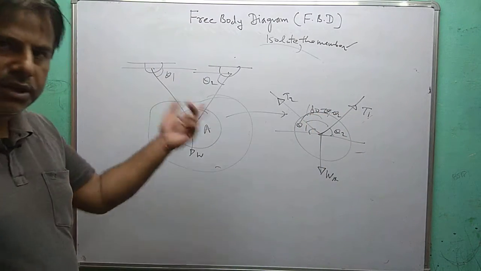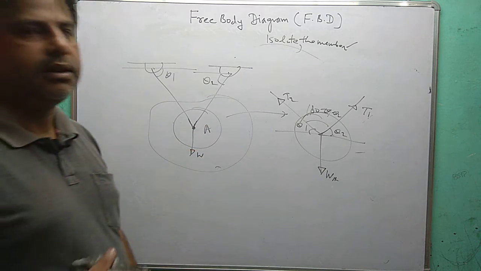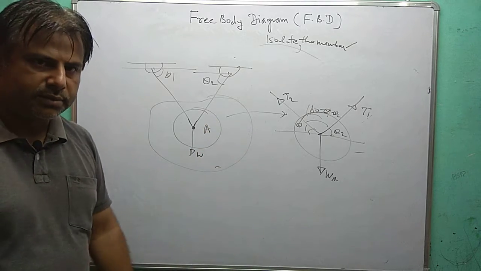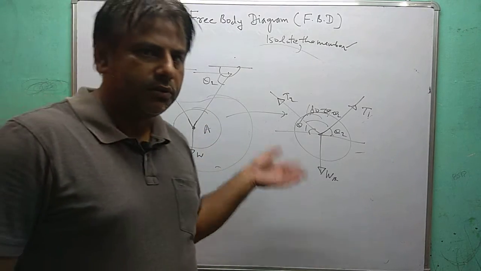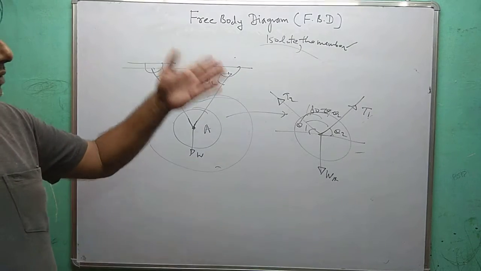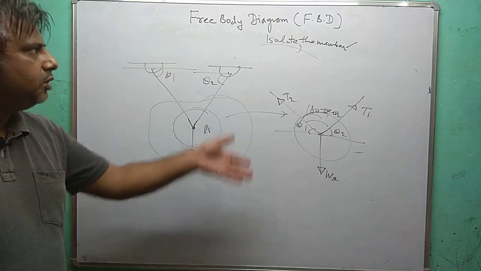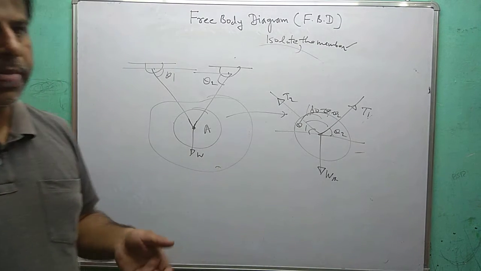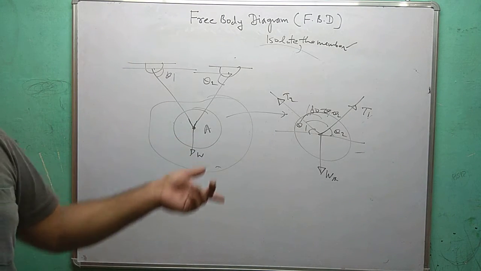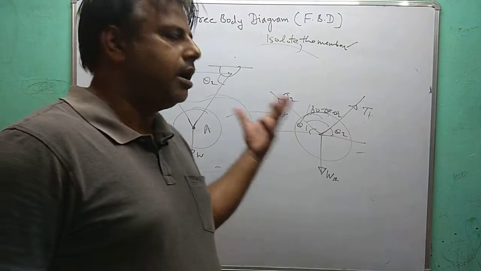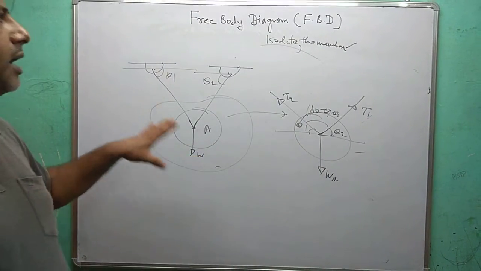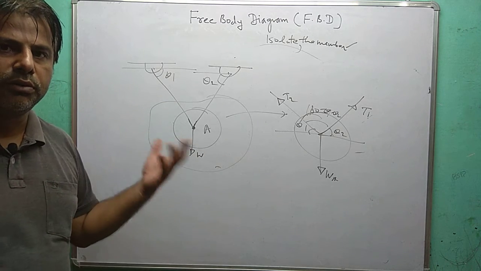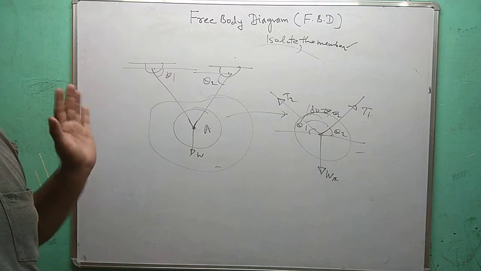Now here if it is in equilibrium condition, then you can directly apply Lami's theorem, or you can resolve all the forces: summation of all the forces in vertical direction must be 0 and summation of all the forces in horizontal direction must be 0. So with the help of the condition of equilibrium, you can easily find out the unknown parameters, reactions or the self weight of the body or any other unknown parameter. So first of all you will draw the free body diagram, then with the help of condition of equilibrium you can easily calculate the unknown parameters.